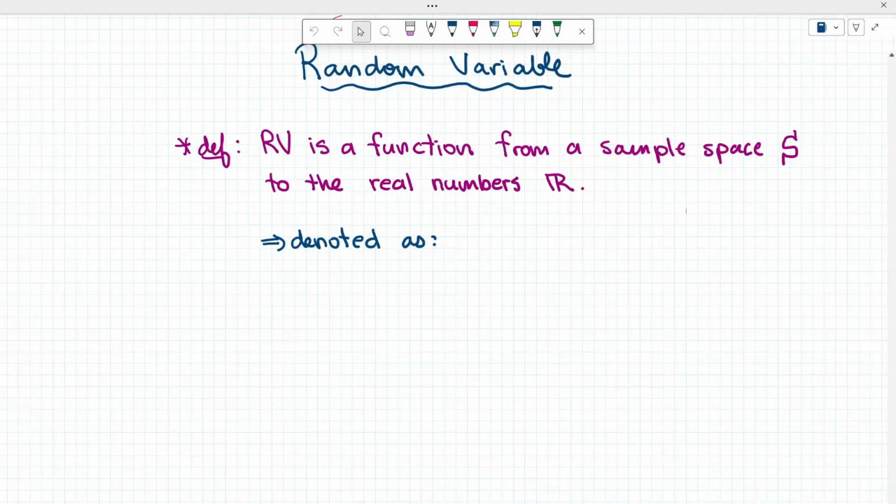Okay, let's dive in. So let's look at the definition of a random variable. A random variable, contrary to what its title suggests, is actually a function. It's a function that maps an outcome from a sample space S to the real line, so to R. And it is denoted mathematically as our big variable X, so large X,